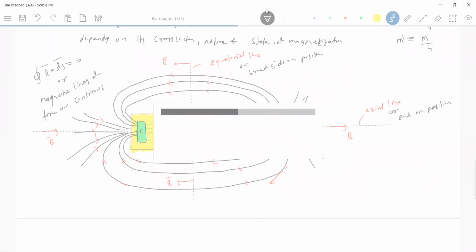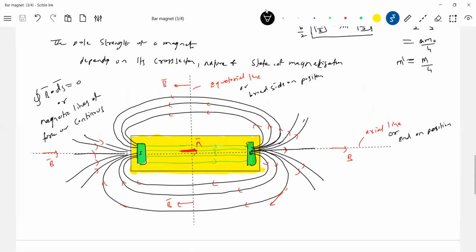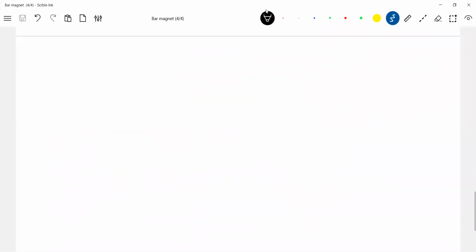Now, we are definitely very much interested to know the field due to a surrounding bar magnet. It means at several points, how to calculate the field. So can we go back to electrostatics? Yes, we have brought some several methods. So the same thing, I'll continue. So now, B bar